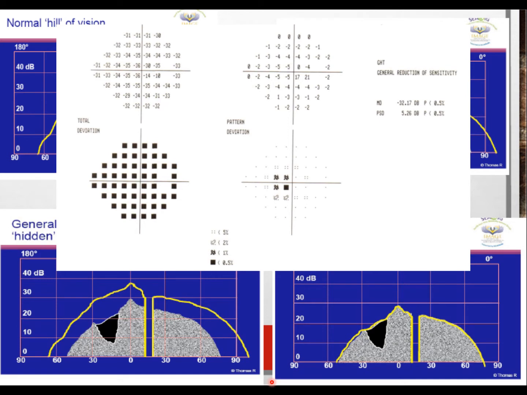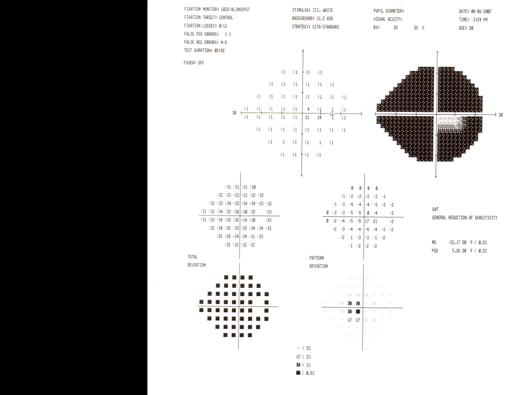So we are accustomed to say that if we have changes here, these changes are due to generalized depression, and after making such an adjustment, the changes here are localized changes. This is correct in most cases, but not in every case. Okay, let's see this example. If you look directly here, we will apply the rule. Yes, we have generalized depression and we have localized changes here.